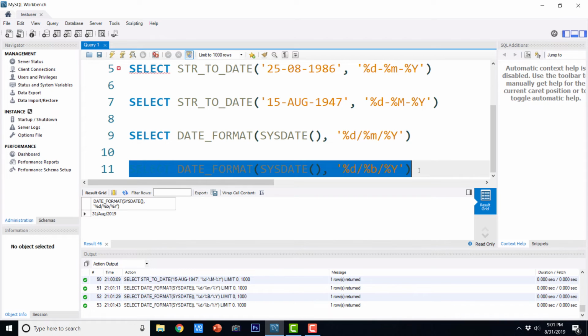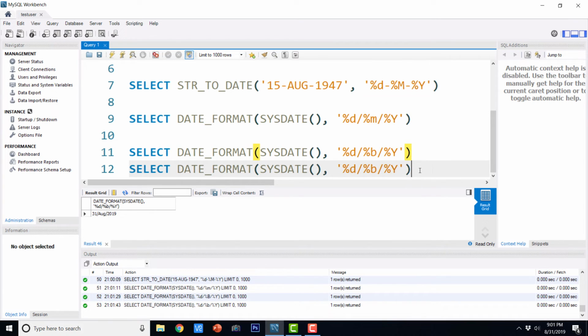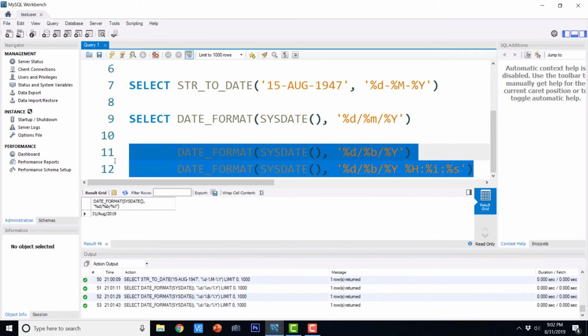And similarly, we can even show the hour, minutes and seconds. So I'm just going to copy this again. And I'm going to say %b, and here I'm going to say %h, %i, %s, and it will be interesting to see the results.